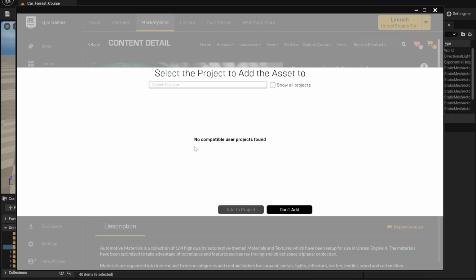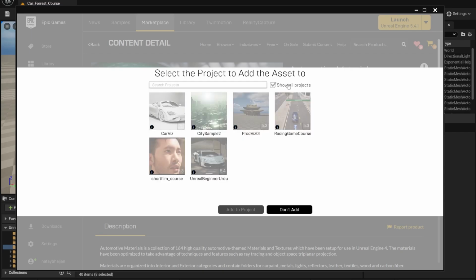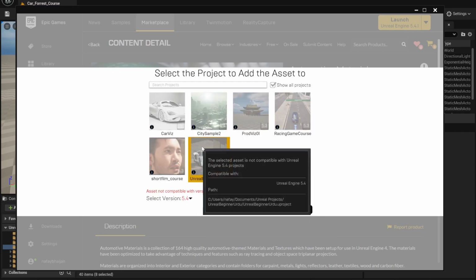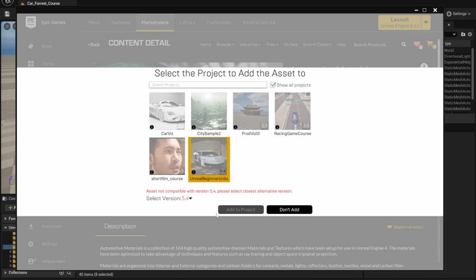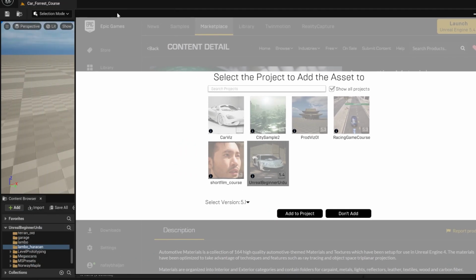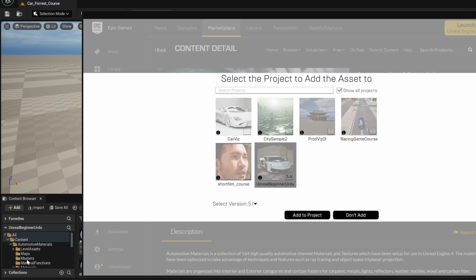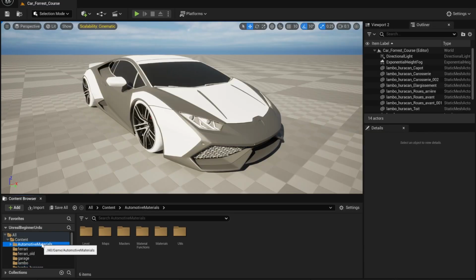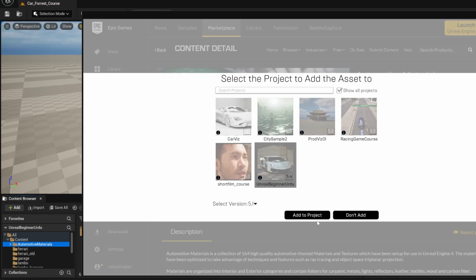And if you see this problem right here, no compatible user projects found, what you can do is just click Show All Projects, select whichever project you want to add it to, and then the Add to Project button is still gonna be grayed out. So you can just select the highest version here. The highest compatible version is 5.1, but then you can just Add to Project. I'm not gonna do that because I already do have this in my scene. If I can show you right here, this folder is the Automotive Materials. I already have it, but once you add it to project,